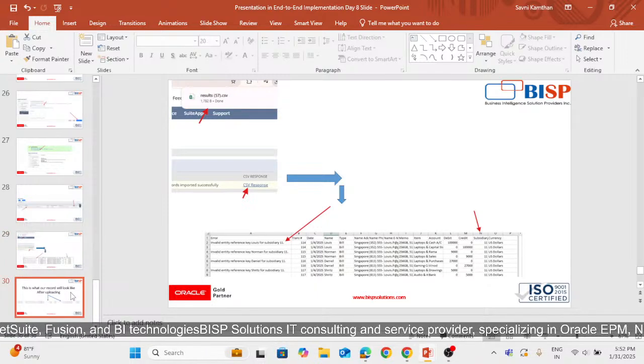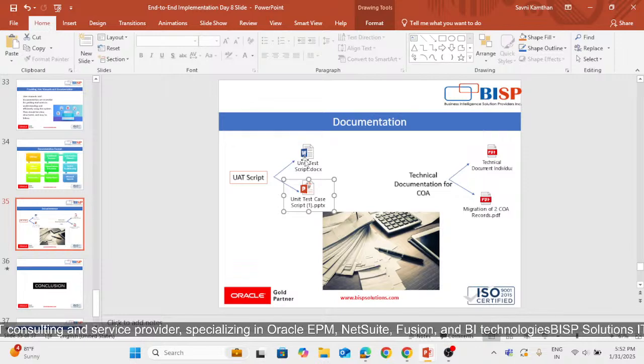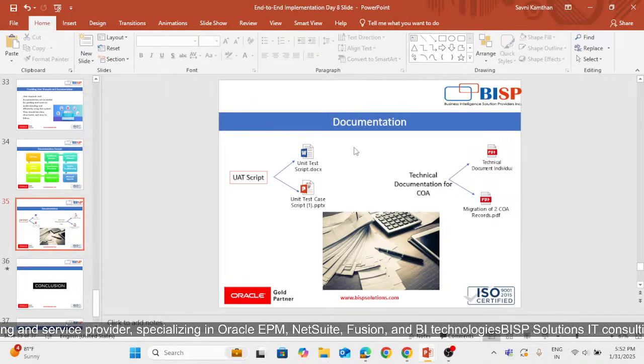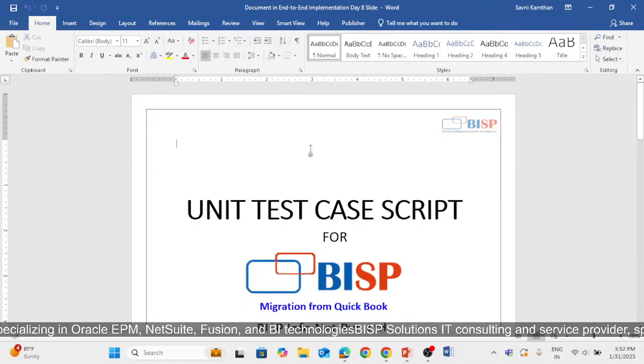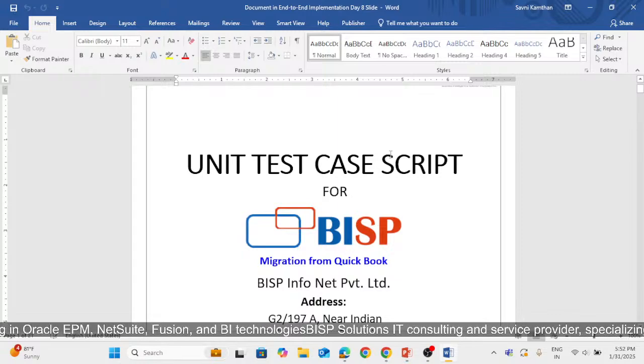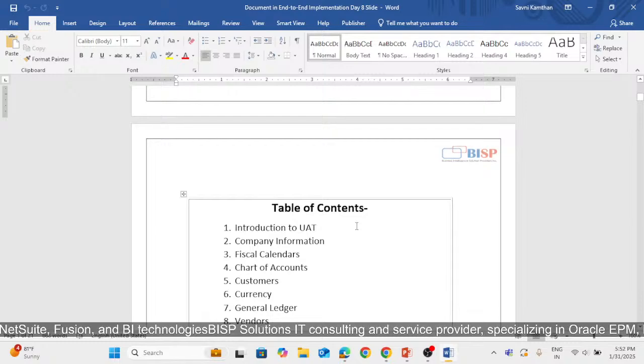Once all the things are done, this is what our record will look like after uploading. So this is the import successful for the same. Then comes the UAT script, if the user wants it, so we have created the same for them. We have created a unit test case script for our business, and we have provided all the things,